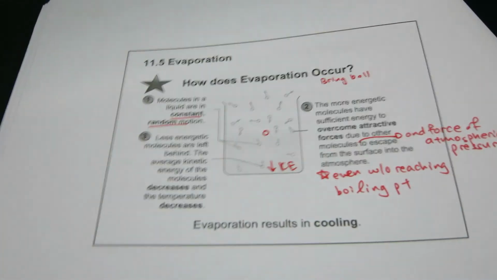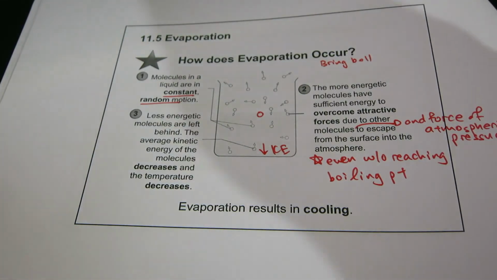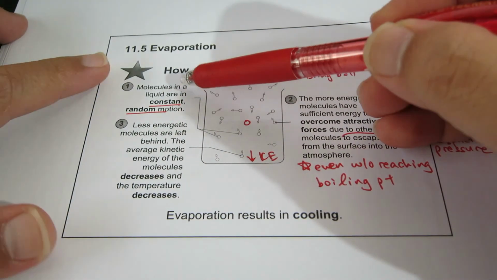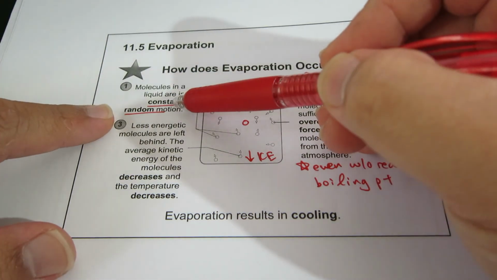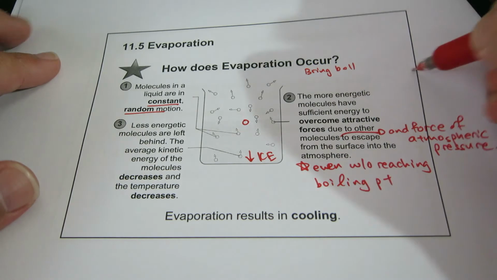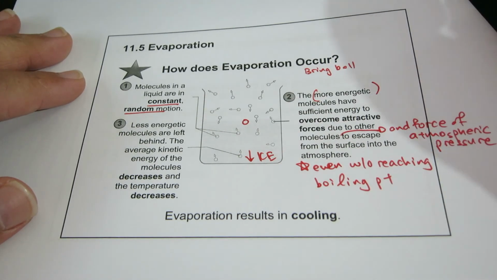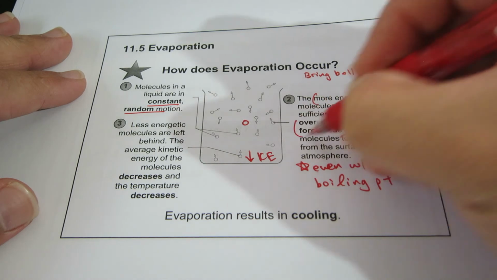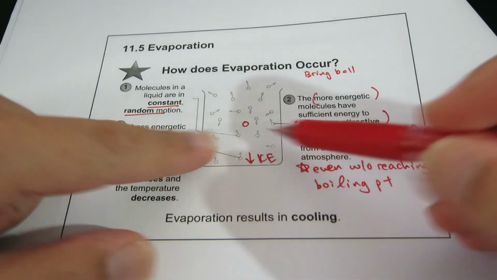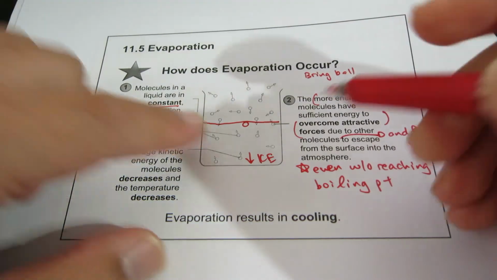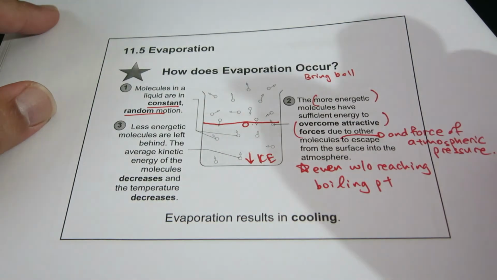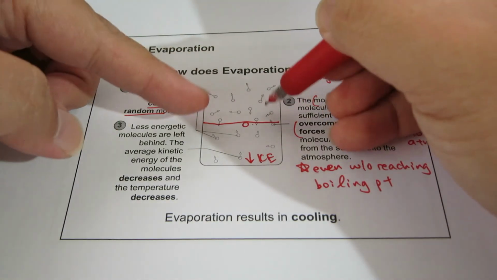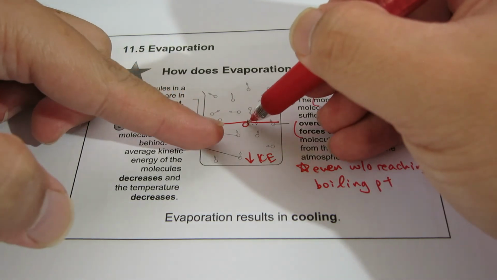Alright, so what exactly is evaporation? The entirety of the explanation is here. You start off from the kinetic model of matter. Molecules are in constant random motion. Because they are in constant random motion, there will be a chance that some molecules will have enough energy to overcome the attractive forces due to the molecules around it, if this is the surface of the liquid, because there are intermolecular forces of attraction, and also the force of the atmosphere which is pushing it down. If it has enough energy to overcome all of this, then it will